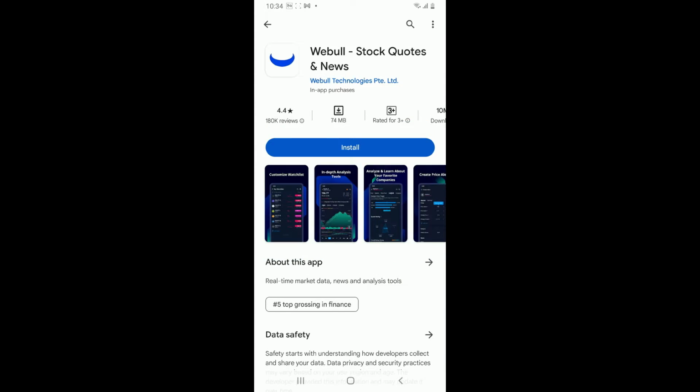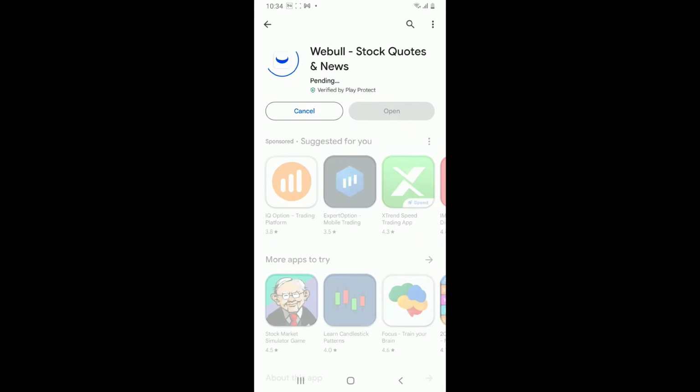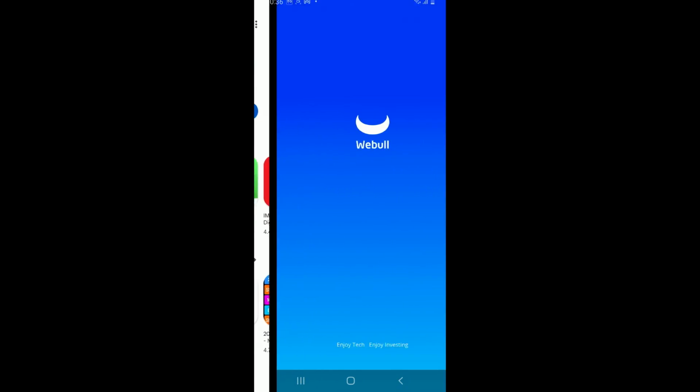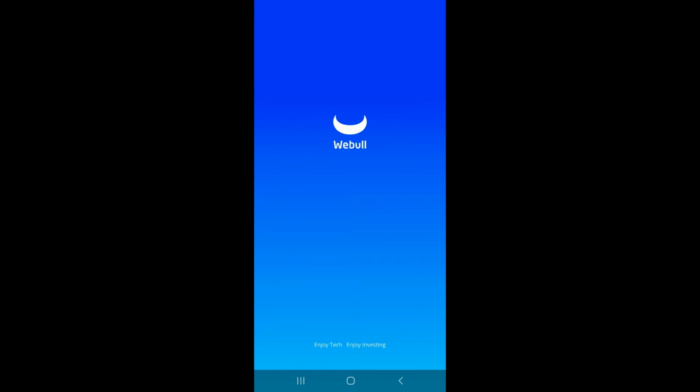Look for this application from Webull Technologies Private Limited that says Webull Stock Codes and News. To begin downloading the app, tap on the install button and wait for the application to install on your Android phone. The download process might take several minutes depending upon your internet speed. Once the application is downloaded, go ahead and tap on the Open button to launch Webull application on your